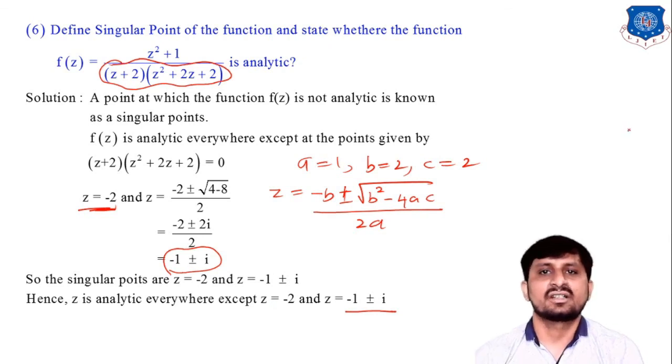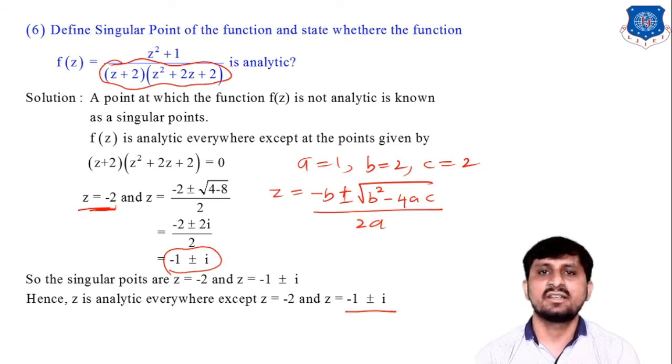So in today's lecture, we discussed singularity, types of singularity, and we solved many examples related to this topic. So try to understand singularity and types of singularity very carefully, so you can easily understand all these examples, right? And let's take a quick revision. What is the definition of isolated singularity? If z0 is an isolated singular point, then you can define a circle with center z0 in which there is no other singular point.